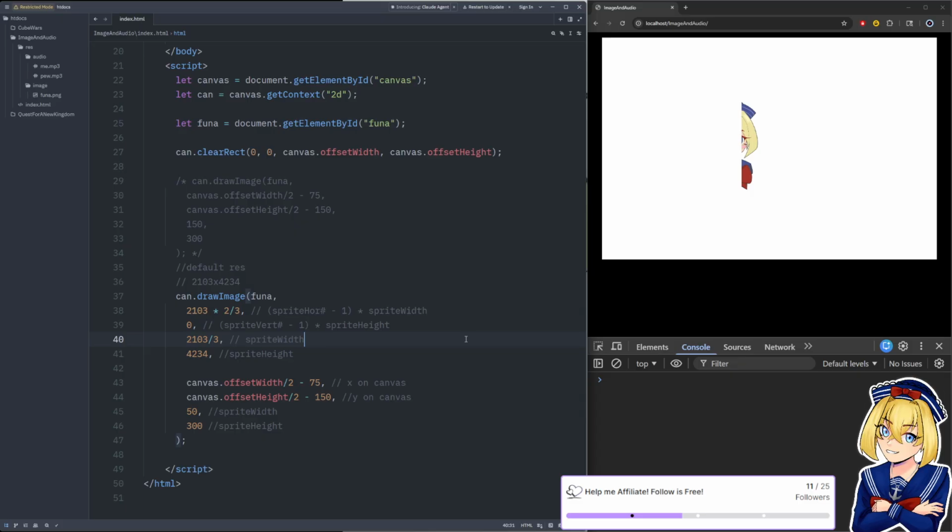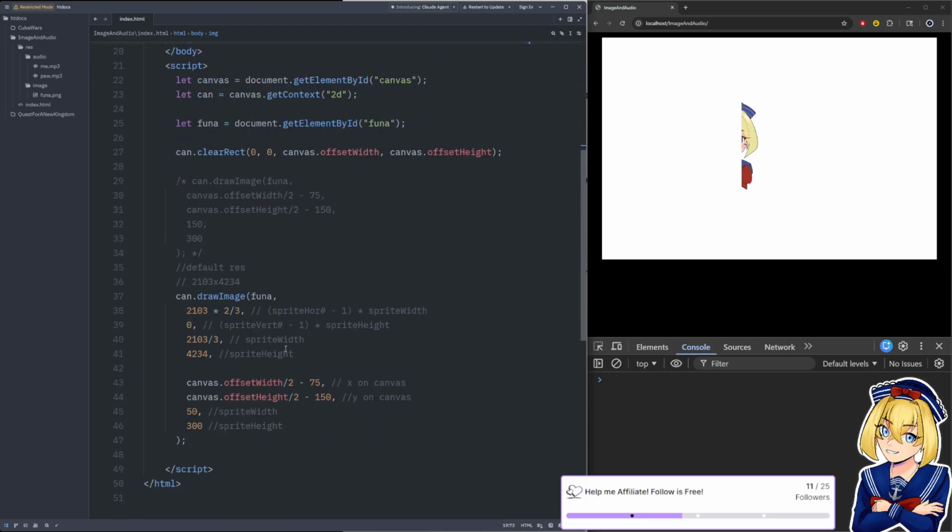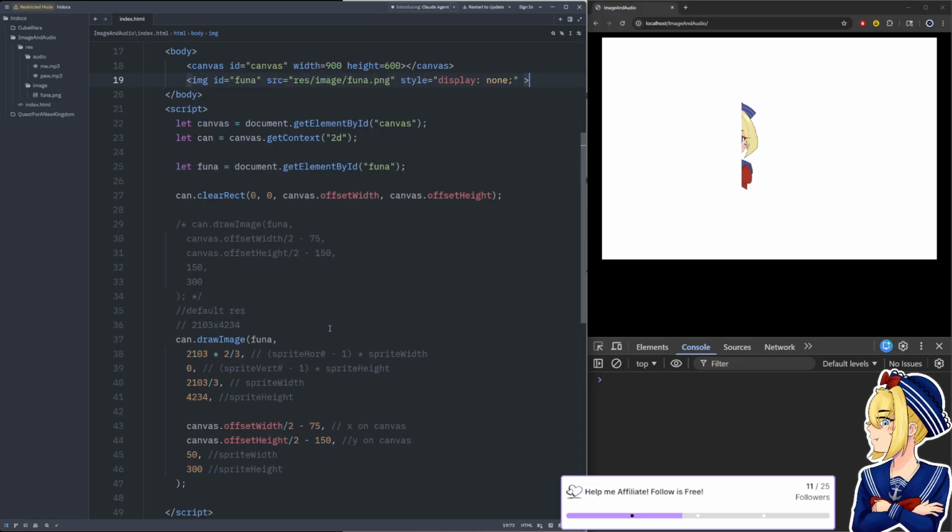So I'm just trying to show you some of the maths that you'll be using to play around with sprite sheets and how images load into memory and all that stuff. If you have a reference to an image like this, and you're waiting for the DOM to load before you run your JavaScript, oftentimes this image will be loaded before you try to use it.